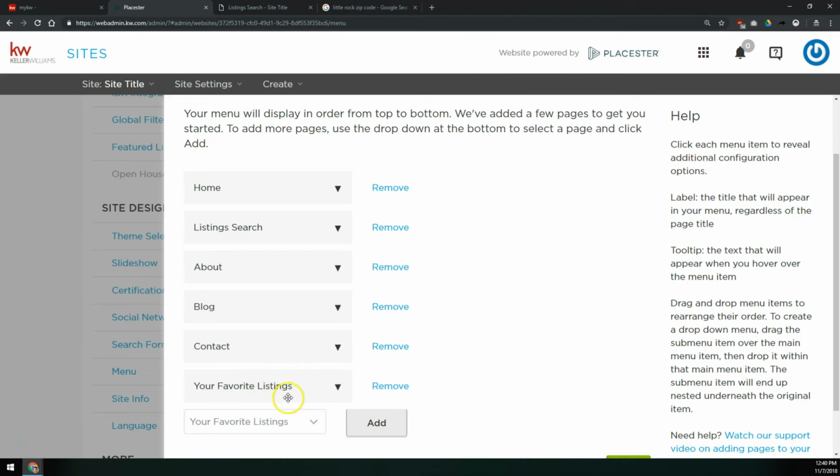So now we have a new menu button here for your favorite listings. This right here is a page where, if someone creates an account on your site and saves properties, this page is going to list the properties they save. So this is your, as in the site visitor's favorite properties, not your, as in the agent's favorite properties. You would do that featured properties page that I talked about earlier that's covered in our Placester 201 class at